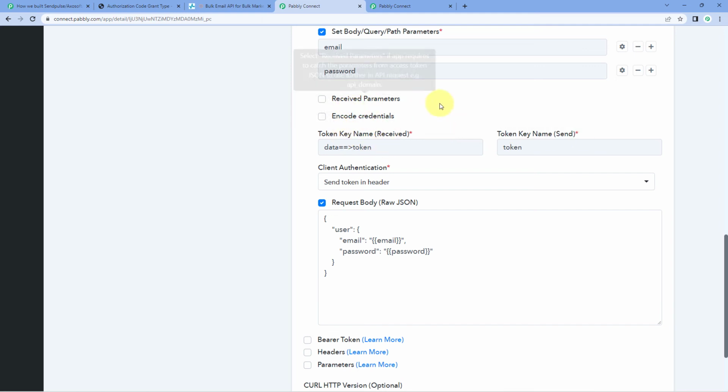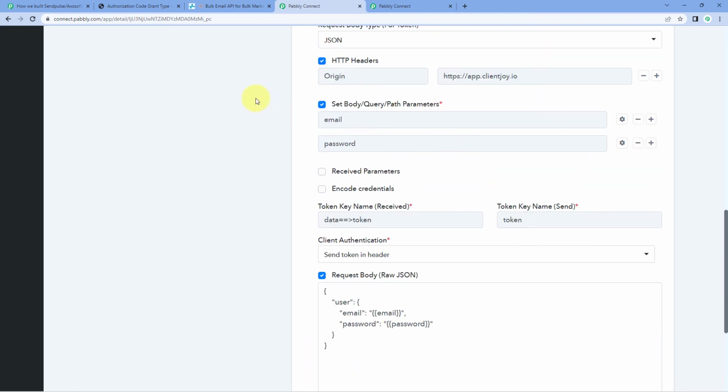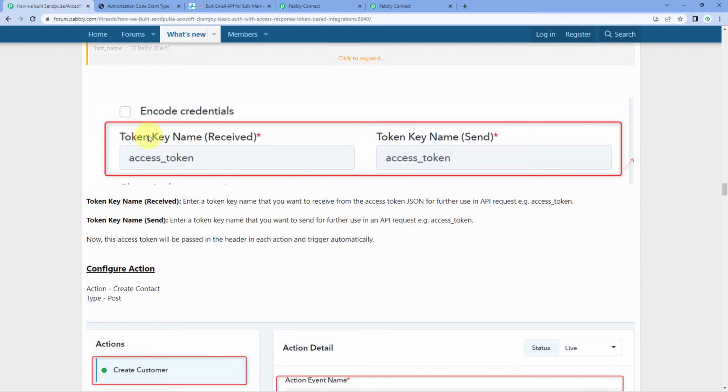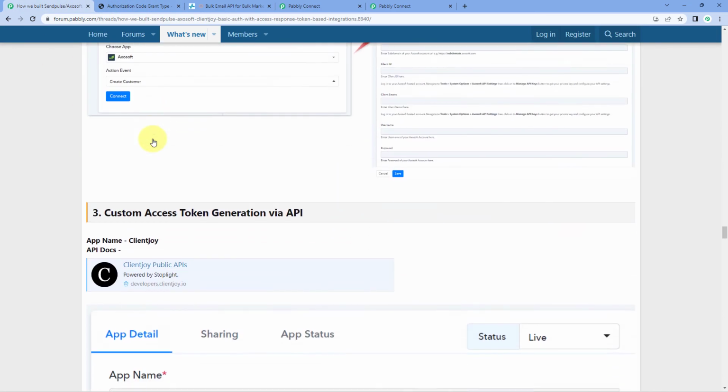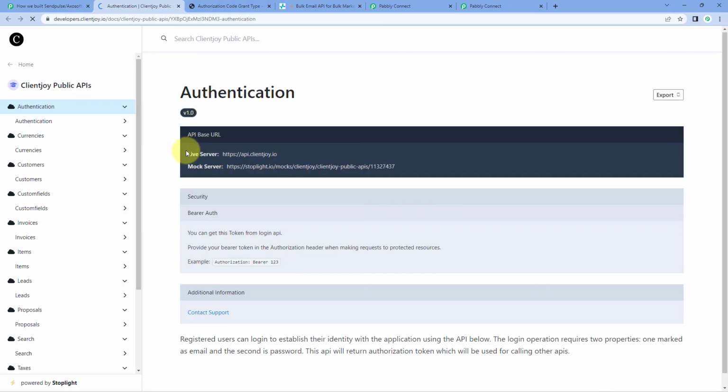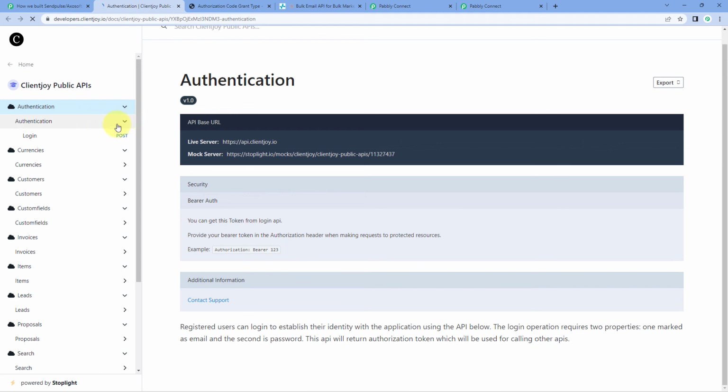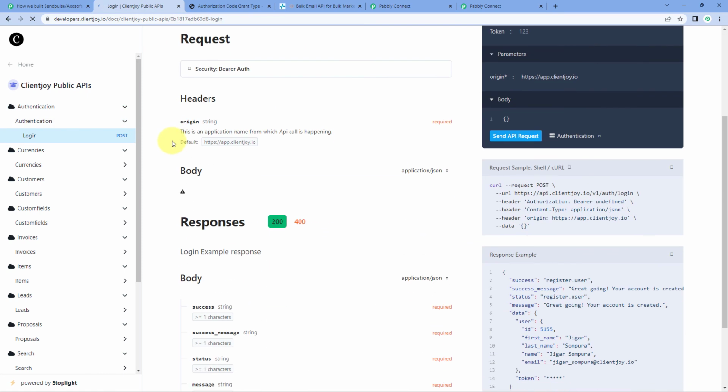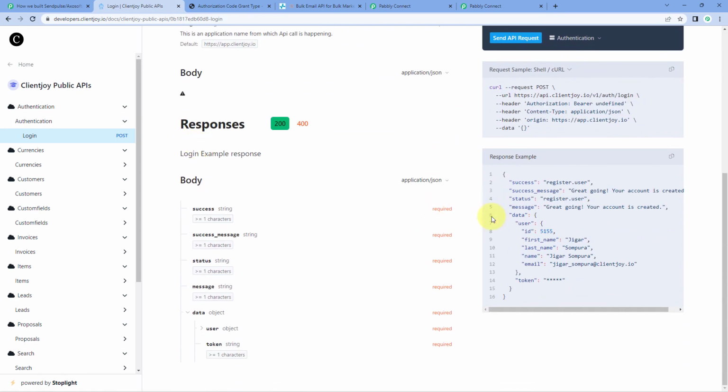In this particular application, we get the access token in the nest. Let me show you the API doc of this application, that is client joy. Let's refer to the API doc and go to this authentication section. Here, in the response example, you can see the access token is received